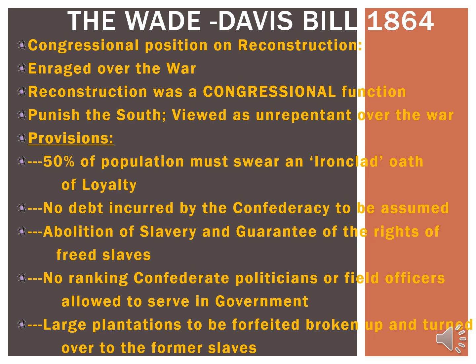Which leads us then to the provisions. Okay, so where did Lincoln come up with this percentage? He came up with it from Congress. Wade Davis, they indicated this. But Congress is saying 50% of the population, and you have to write this down, of the voters in the 1860 election, 50% have to swear an ironclad oath of loyalty.